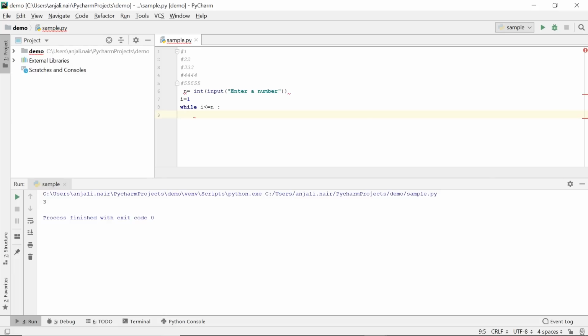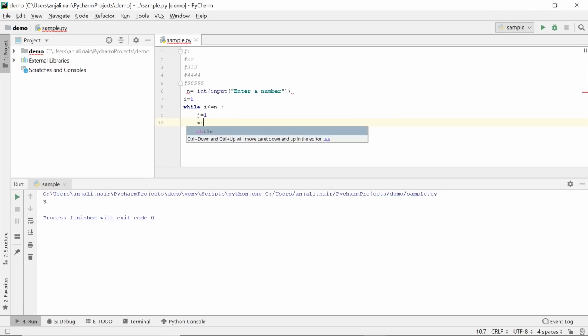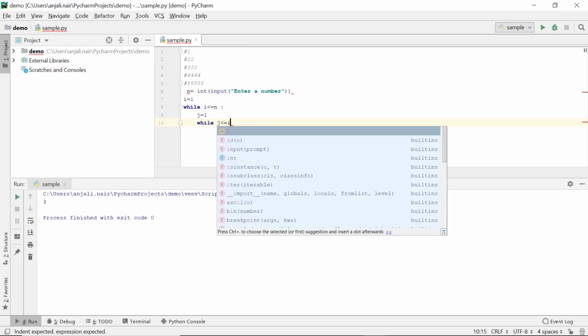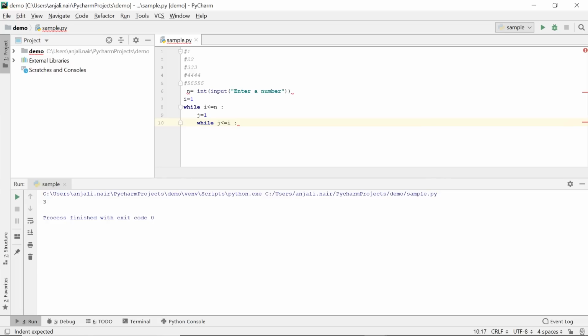If we are on our second row, the number 2 is printed twice, and so on. So we'll have another counter variable within our outer while loop, which is j, and j will be initialized to 1. Now j again has to run all the way from 1 up till i, because i number of times an element is printed on the ith row. Now we'll have our nested while loop here, and the condition for this is j is less than or equal to i, because j will go from 1 up till i. And as long as j is less than or equal to i, we enter the second while loop.